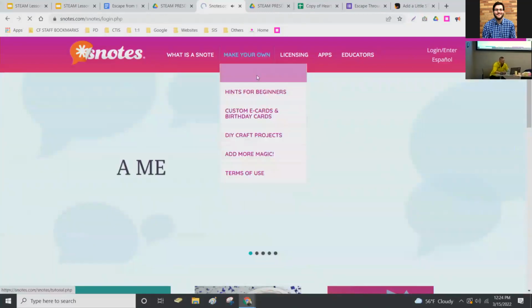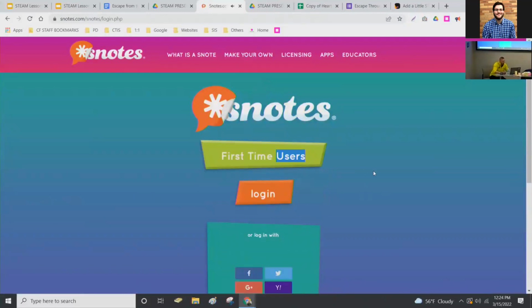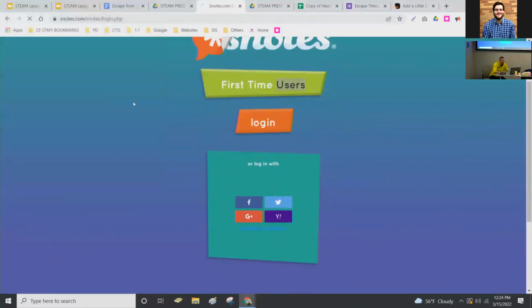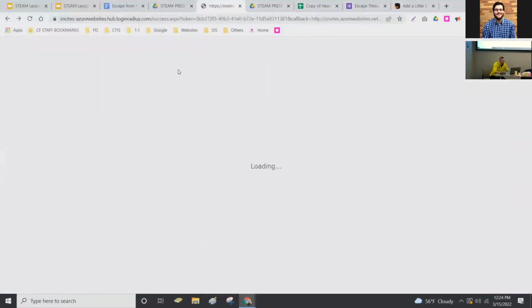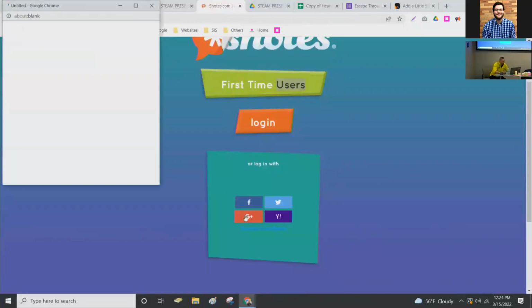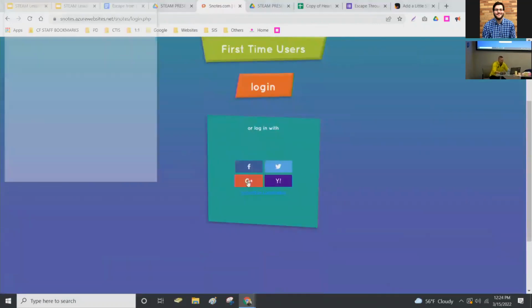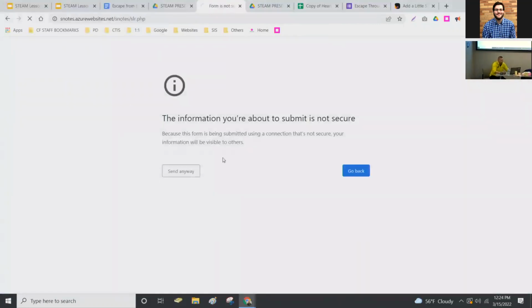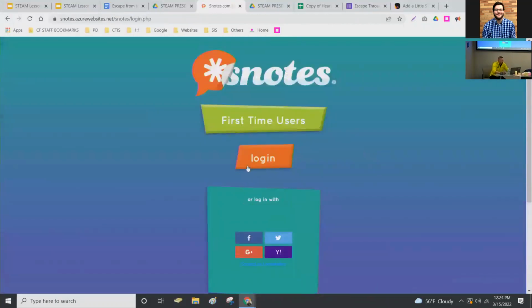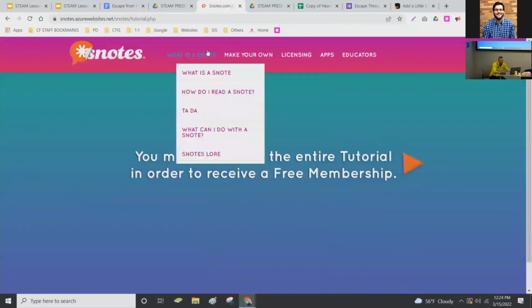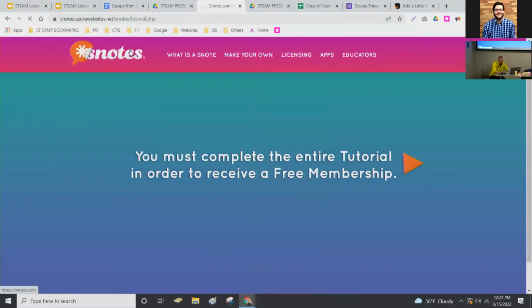let's make our own. Anybody ever heard of S-Notes? This doesn't have to be for a breakout room. Your clue becomes a picture, and you rotate the object so you can see it at different angles. Let me try it again with this. The Wi-Fi filter might be why. I think it might be. Maybe I'll just let the video do its job, since it probably would do a better job of explaining than I would anyway.